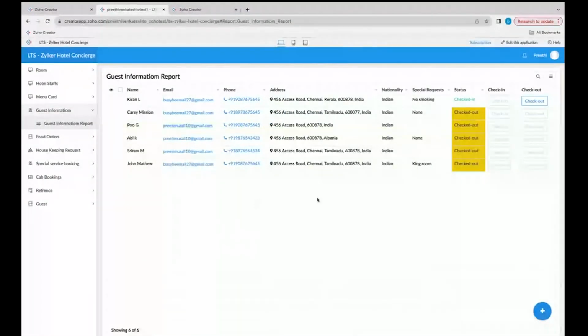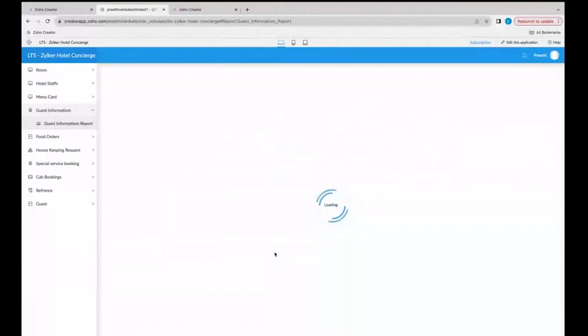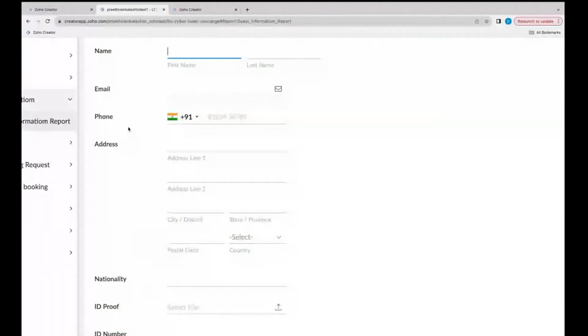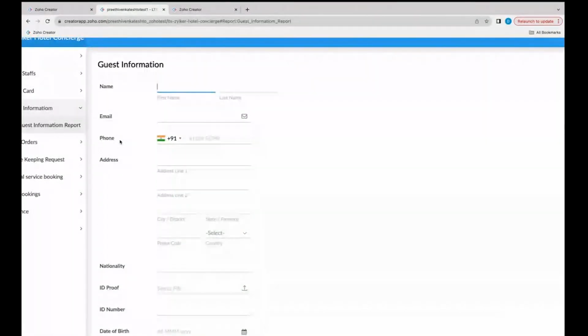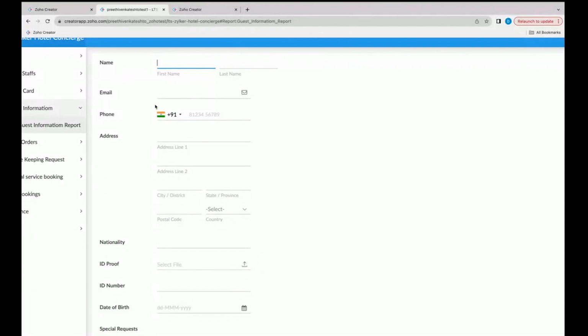Now let's go back to the guest information, and let's try to add a guest. In the guest information, we are going to add the name, email address, phone, everything. Whatever information we need to collect from the guest will be given over here. So I'm just adding the guest with this email ID. Here I'm going to use a dummy email ID because I'm going to give the portal access to you and show you how it has been done as a demo. So I'm adding a demo user